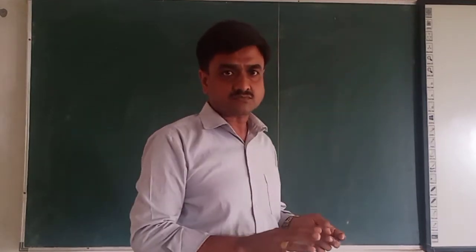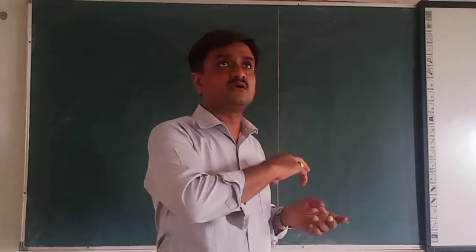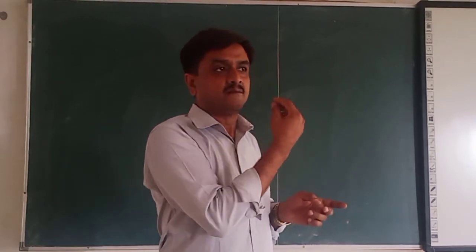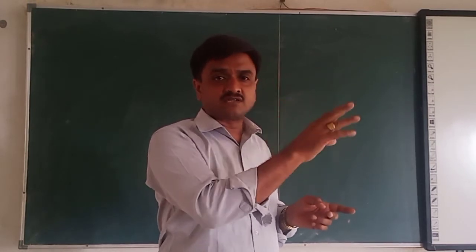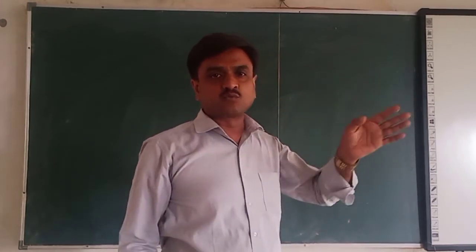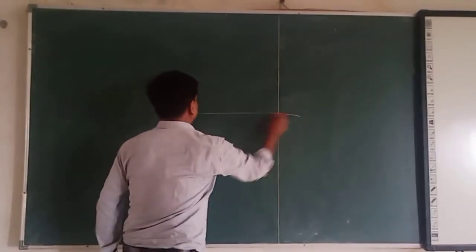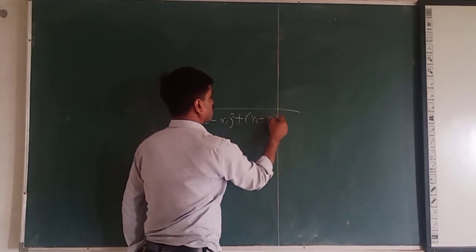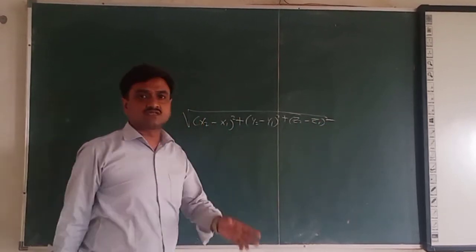If we join the point P to Q, we can find the distance also by the distance formula. That is, what is the distance D between P and Q? The distance formula is simple. P(1, 2, 3) is given the names x1, y1, z1, and point Q is given the names x2, y2, z2. Then the distance D is the complete square root of (x2 minus x1) whole square plus (y2 minus y1) whole square plus (z2 minus z1) whole square. So this is the distance formula.